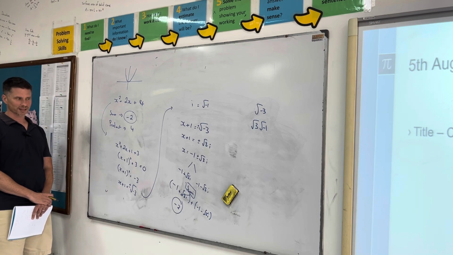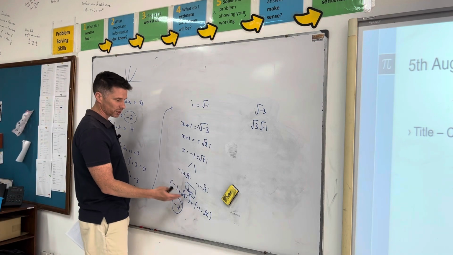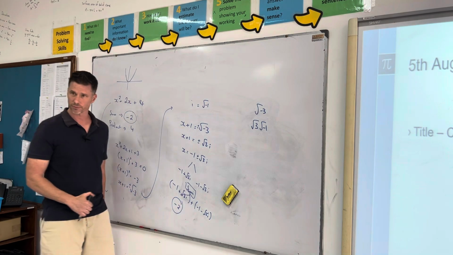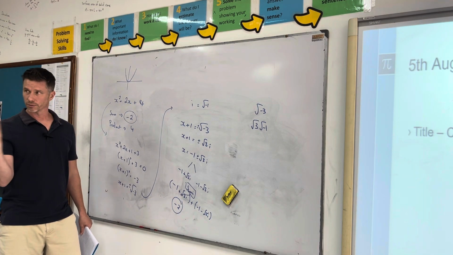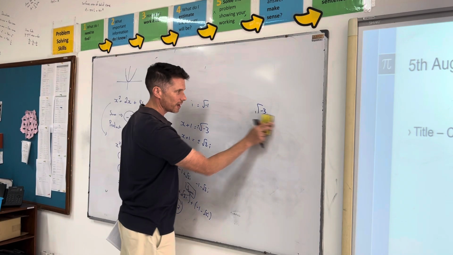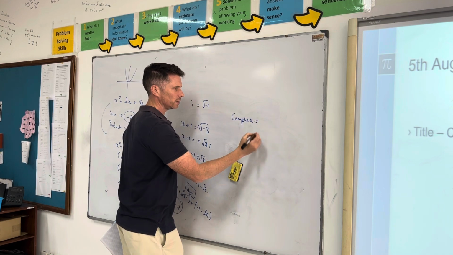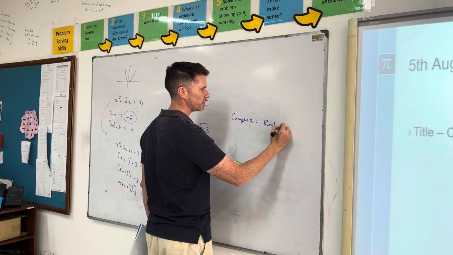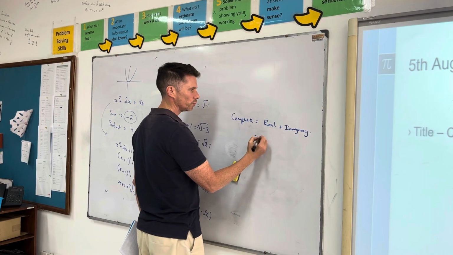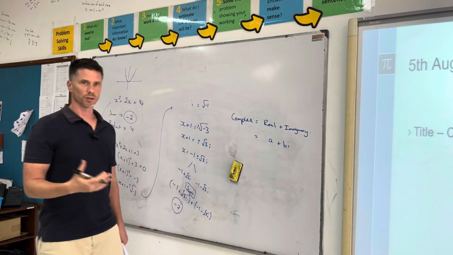So when we were adding and subtracting, you kind of did it automatically. When you were adding these complex numbers, you added this bit to this bit, and this bit and this bit took care of itself. You added the real to the real and the imaginary to the imaginary. So each complex number has a real bit and an imaginary bit. So it looks something like a plus bi, or ib. The real bit and the imaginary